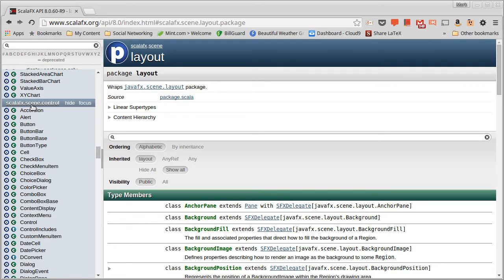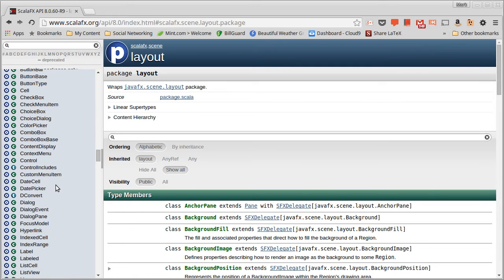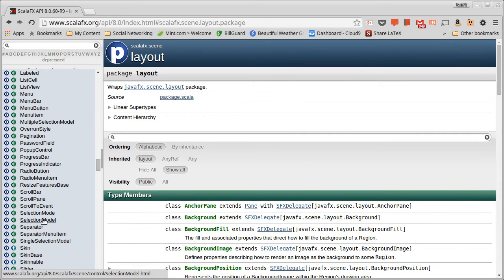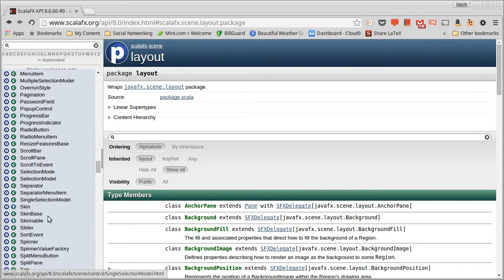The ones inside of the control package give the user some interactivity, and the user has the ability to decide how they want to set things. So the accordion is one of the different panes in here. There is a scroll pane, which as you can see actually ends in the word pane, which will add scroll bars onto things. There is a split pane